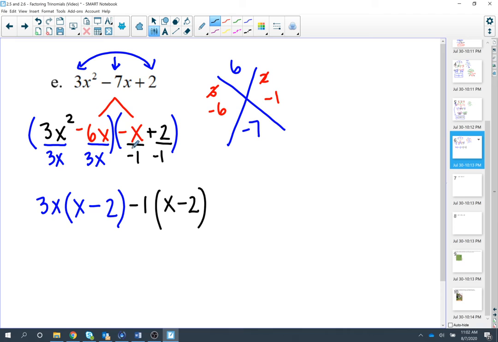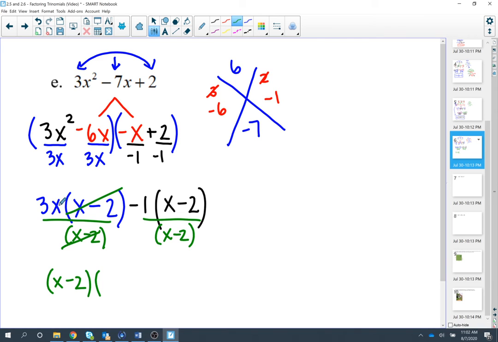If you didn't take out that negative, then these parentheses would not match. Okay, both sets have an x minus 2. So we're going to record that x minus 2, and then you're going to tell me what's left over. So we've got a 3x, and we've got a negative 1,